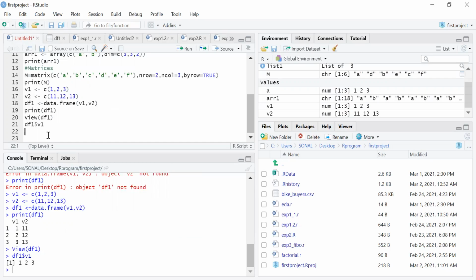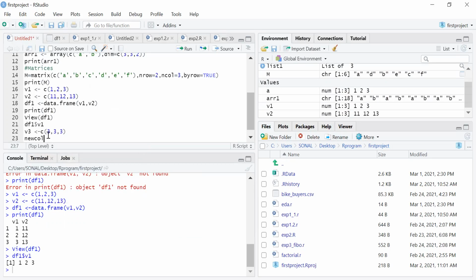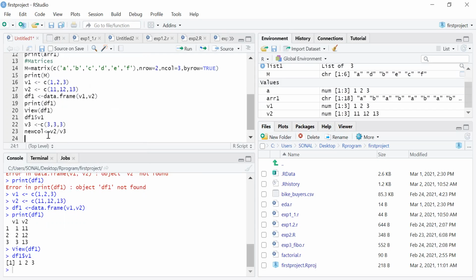Then I want to make a new column that should be the ratio of v2 divided by v3. Now I'll be adding this into the data frame.